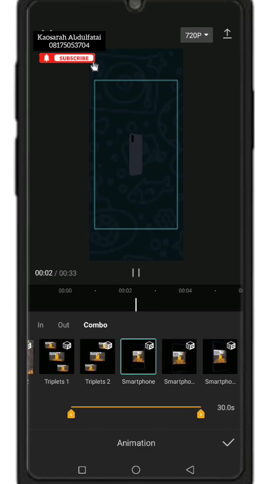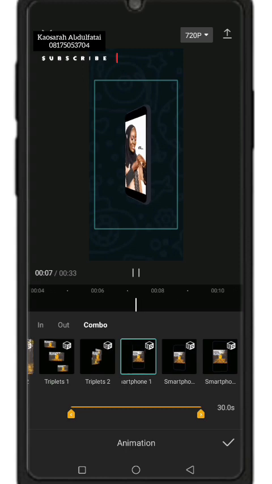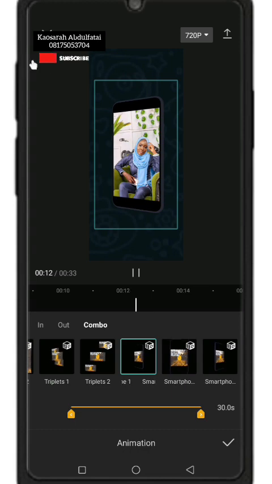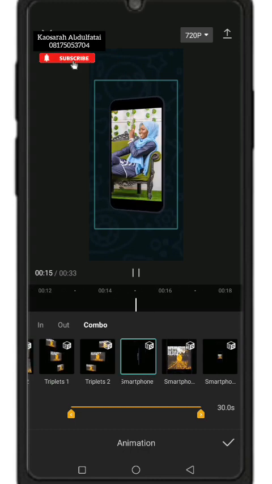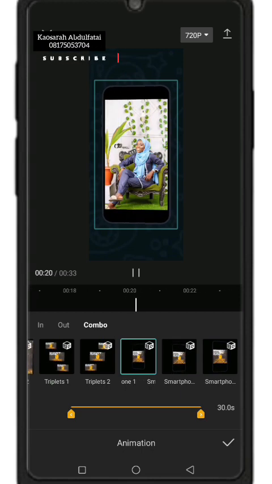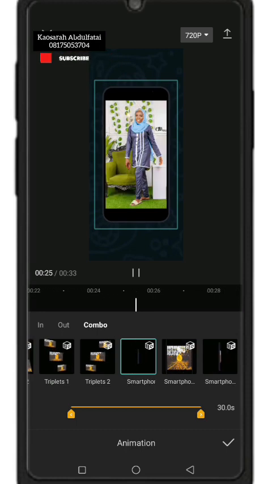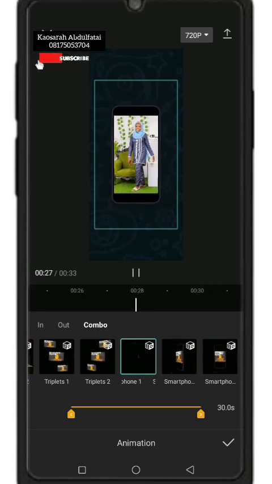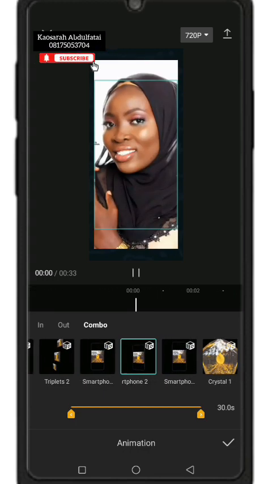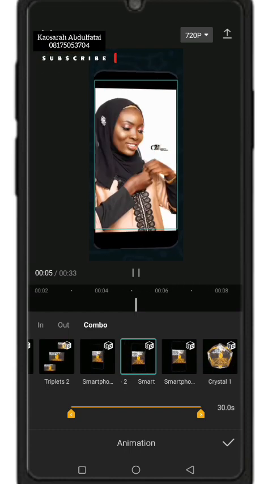So if you also want to create a video tutorial using this concept, you can also pick this combo markup from this area by using the smartphone one, and create different designs with it by clicking on smartphone one, smartphone two, smartphone three, and combining everything together to create something beautiful. As an editor, you don't use just one concept, you have to be creative. So hence why that area is what I use for that tutorial I did for the client I posted in